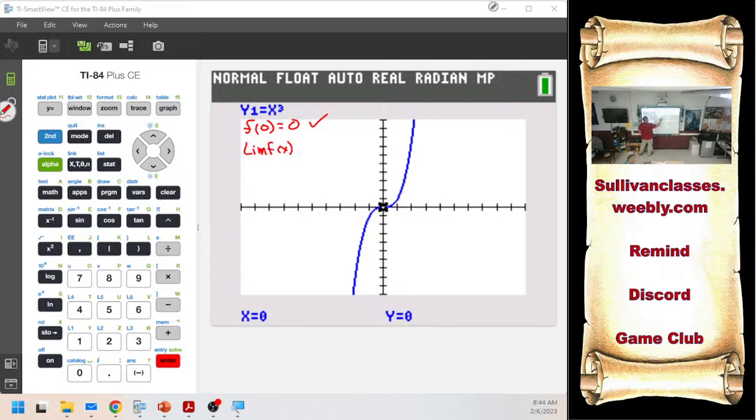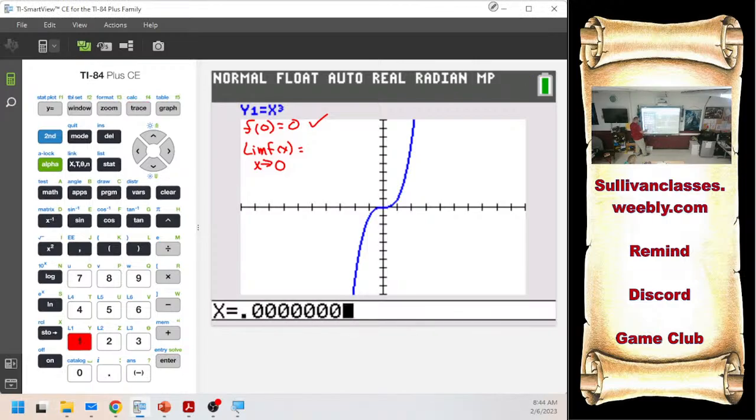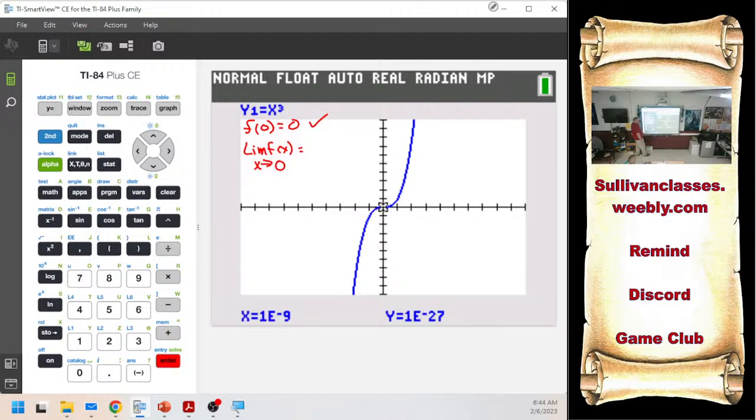Limit of the function as x gets really close to 0. Well, what if I trace to 0.000001? Y'all remember what this means? Scientific notation, 1 times 10 to the negative 27th. That means I'm going to move that decimal back this way 27 times. Fill them all in with zeros. What is that? Basically,